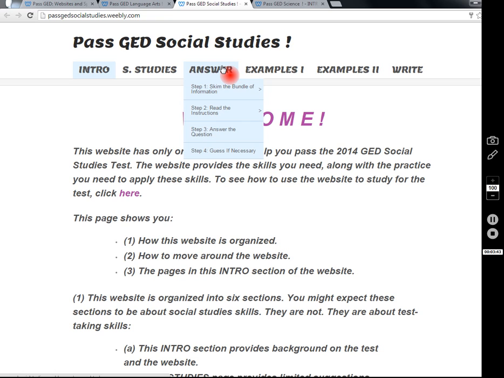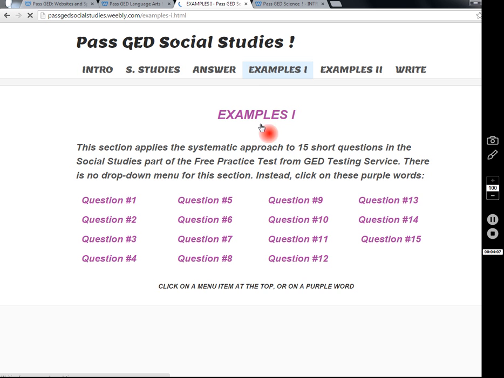In social studies and science, but not in language arts, you have to notice whether you can answer the question directly or whether you have to answer indirectly by eliminating incorrect choices. These specifics are all covered in the website, but they are details. The 4-step system is the same. So just for example, let's look at